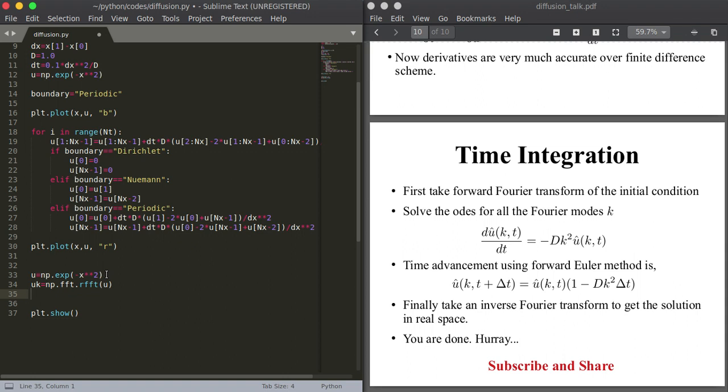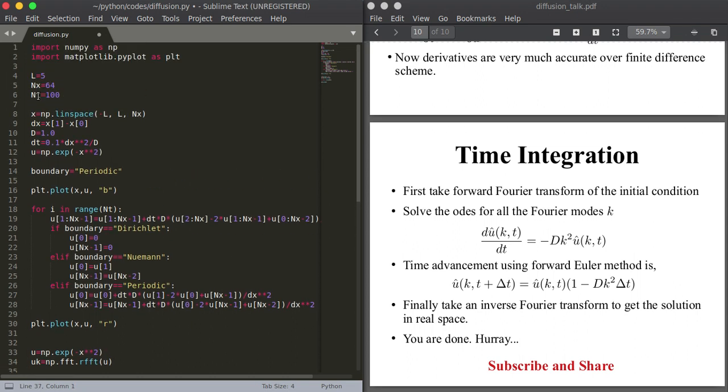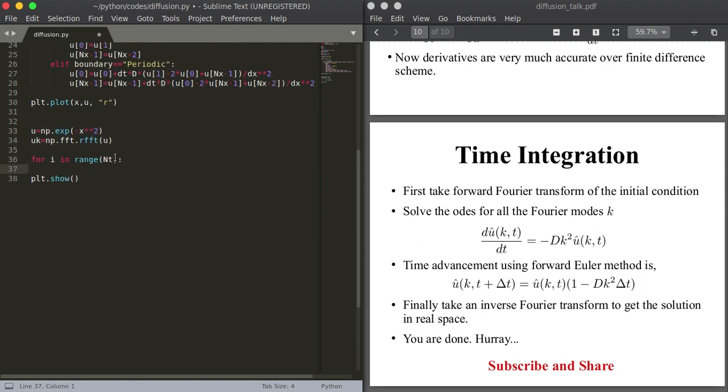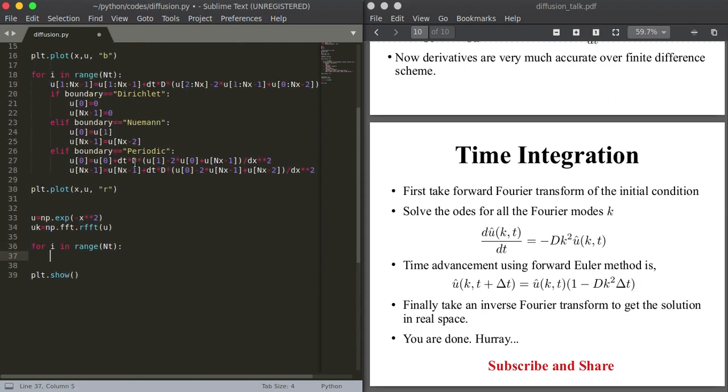Now you have to just solve it for different k modes. Now for i in range, I am solving it for nt time steps, which is defined somewhere here, nt is equal to 100. Now you have to just solve it like this: uk for all uk is equal to uk plus dt into 1 minus capital D into